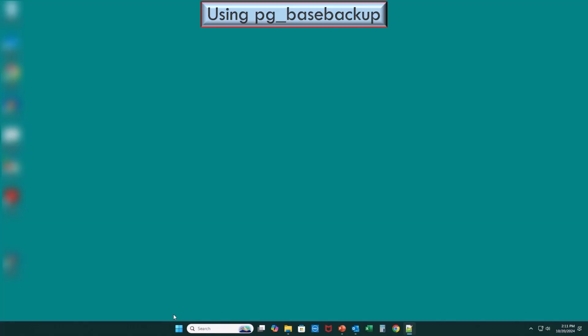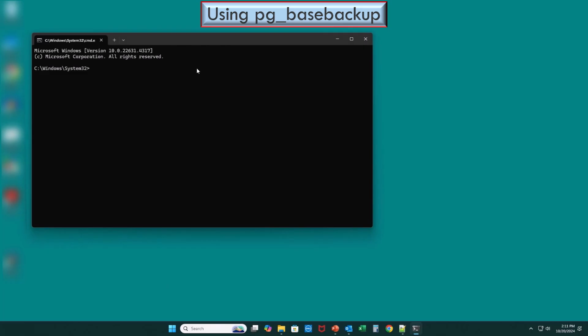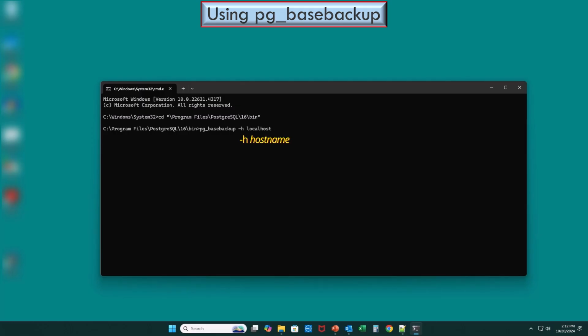In this example, we will take a look at how to use the pg_basebackup command line. First, we'll launch a command prompt window. Then we'll go to the bin directory of where PostgreSQL was installed. Then we'll enter pg_basebackup with its command line options: the host name, the port number, the username, the location where to save the backup,